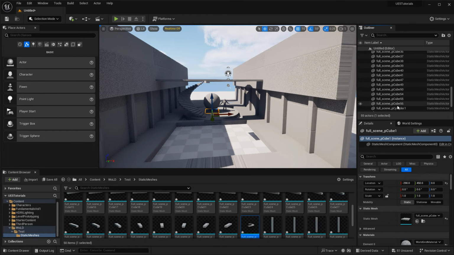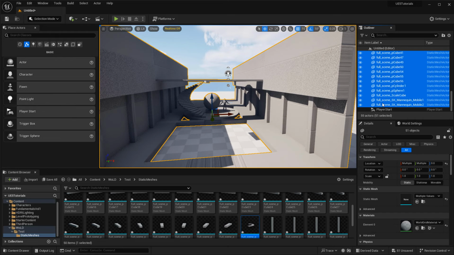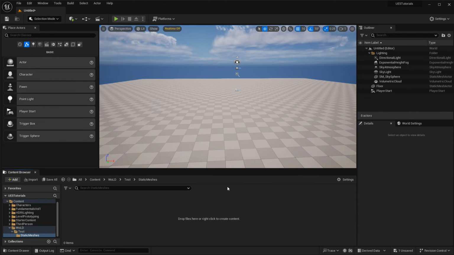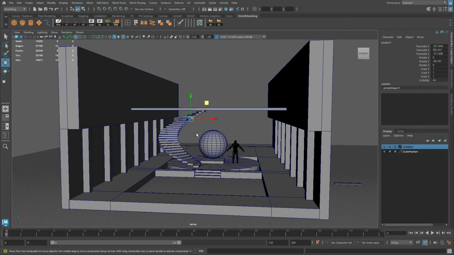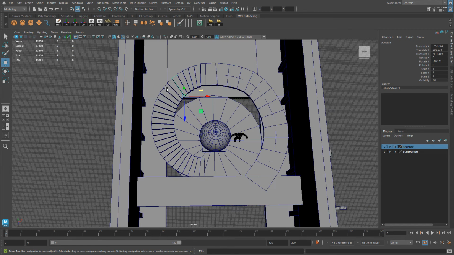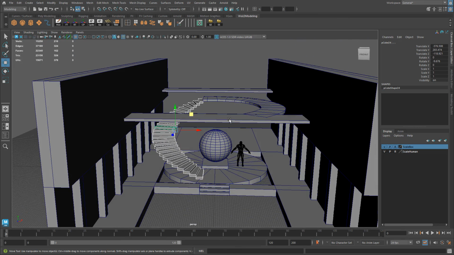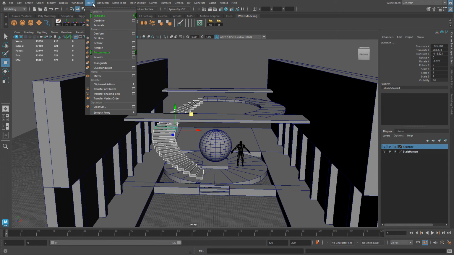So very quickly, I'm going to go ahead and delete everything from here, and then I'm going to delete everything from the content browser. And then I'm going to select the stairs, and let me deselect everything else that I don't need, and I'm going to combine all of these in Maya, so you get to see that they're going to be brought in as a single mesh. So I'm going to go to Mesh, Combine,